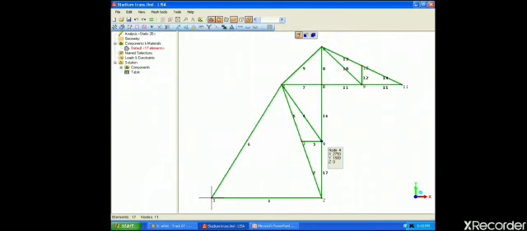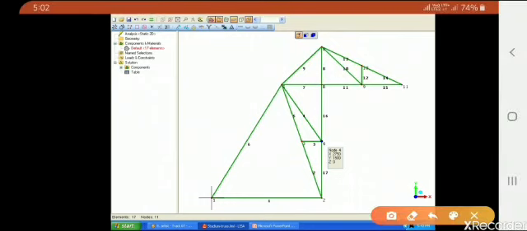In the same way, we get element number 2 by joining 2 and 3 nodes, and element number 3 by joining 3 and 4 and 4 and 5, then 5 and 6, and so forth. All these elements which are joined are shown by green lines, and in total we get 15 elements out of these 11 nodes.